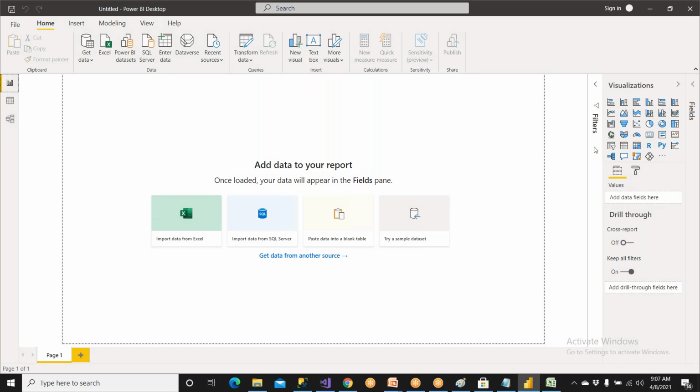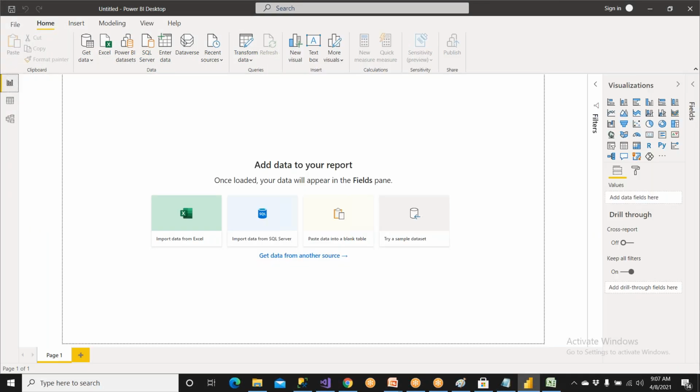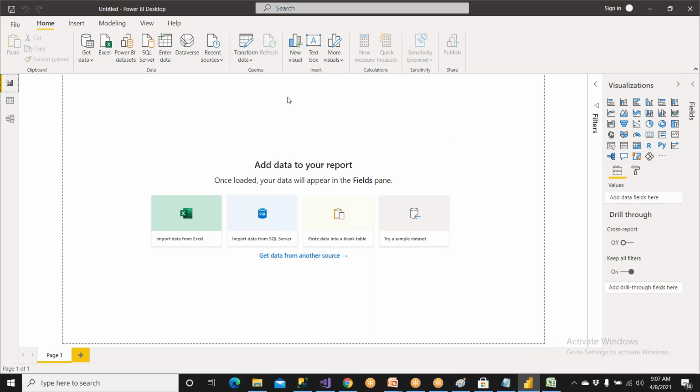Now we can just drag and drop. Filter means I told you, the where clause, right? Which is going to be using pivot tables from Excel. Clear? Because Power BI is an advanced tool of Excel only. Clear? So a lot of things can be done with the help of these three things. And that's it. You can get the data and create whatever you wanted to create and keep the report